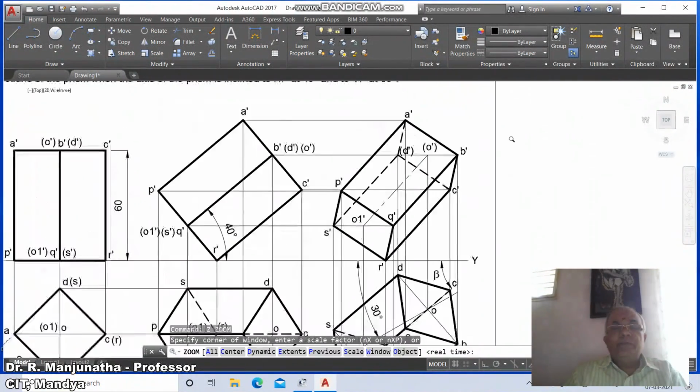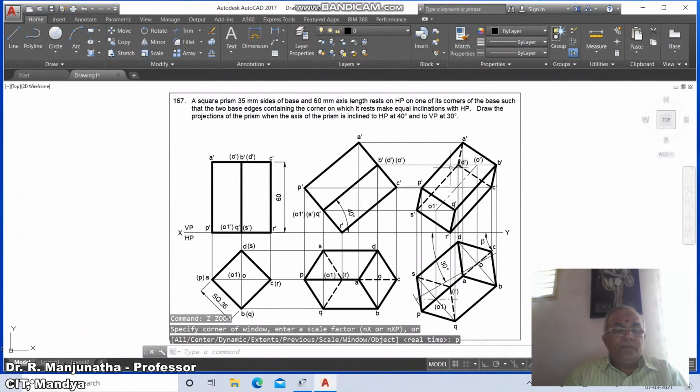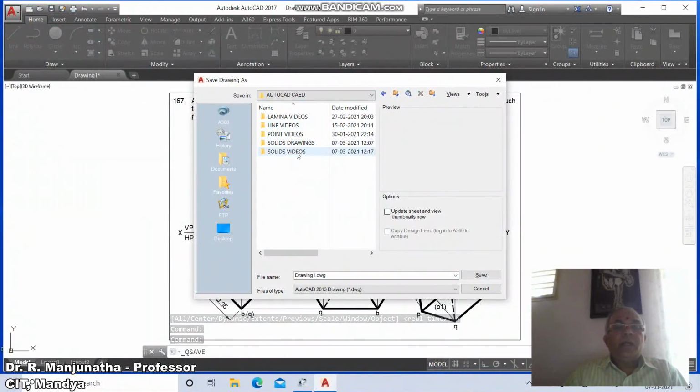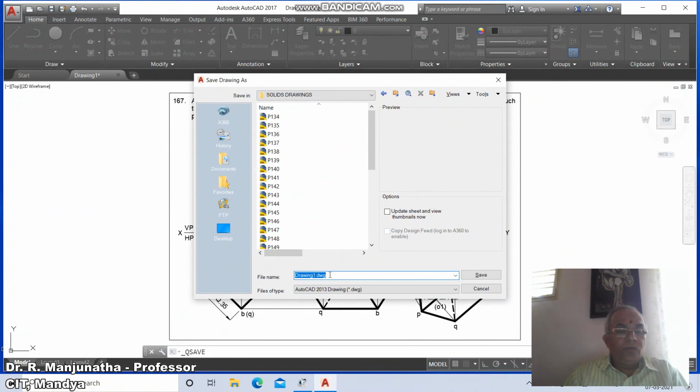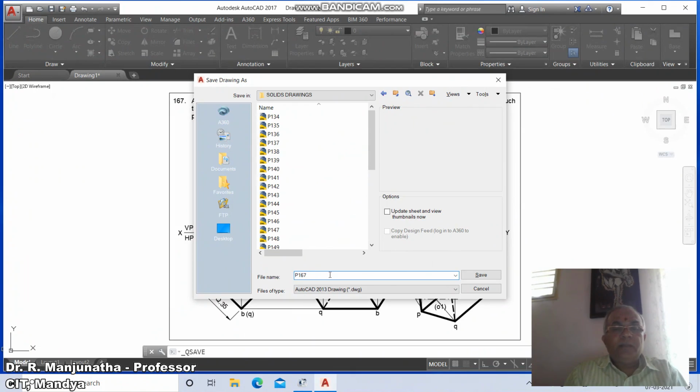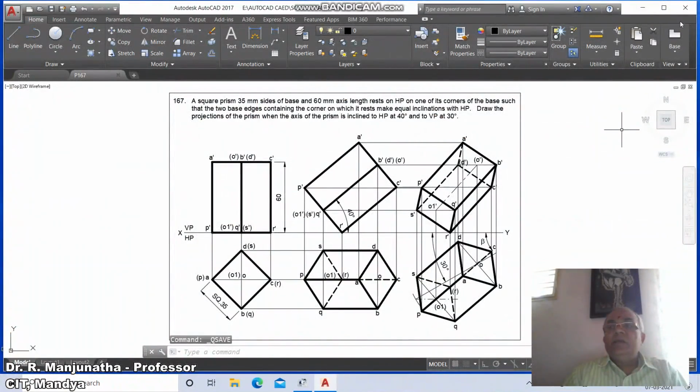Then go to zoom previous, then go to save this drawing, then go to E drive, then AutoCAD solid drawings, then go to P167 and save it, and finally you exit the